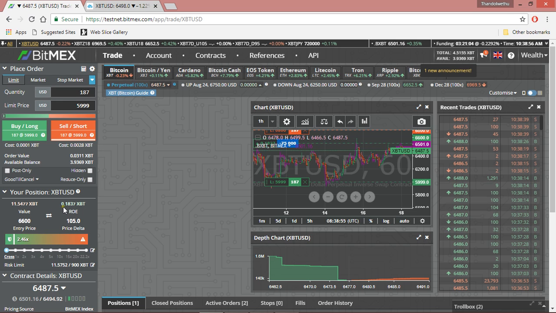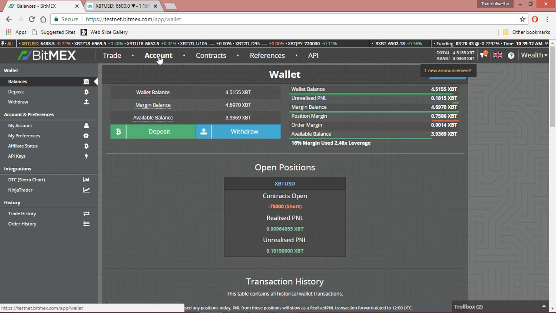In this case, it's 0.1837 BTC. Now you can switch back to check your ROE, and then to see how much is in your account or your wallet balance, you come to the account section here. There's trade and then there's account. So you click on account, and after it loads, you can see how much is in the wallet itself, then how much you have from the running trade, and then the margin balance is the sum of your wallet balance